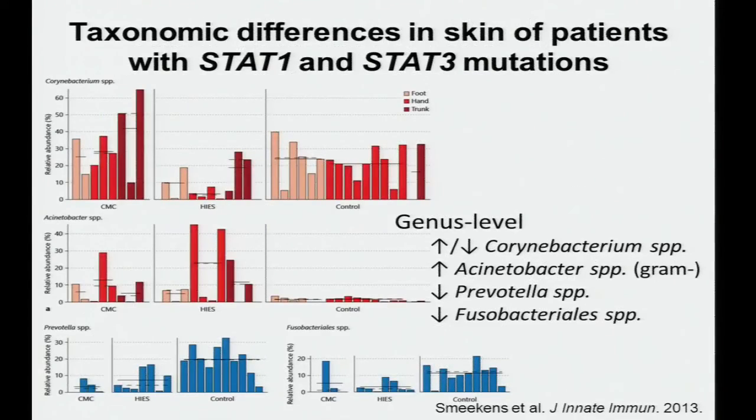So this is the paper I just mentioned by Dirk Jeevers and colleagues, where they looked at STAT3 and STAT1 mutations. It's hard to see, but the leftmost groups are the STAT1 mutation patients. The middle grouping are the hyper IgE syndrome patients, or STAT3 mutations, and these are their controls. But in general, just summarizing everything in this little corner, at the genus level, you see increased Corynebacterium species in the STAT1 mutations. You have decreased Corynebacterium species in the STAT3 mutations. You have increased gram-negative